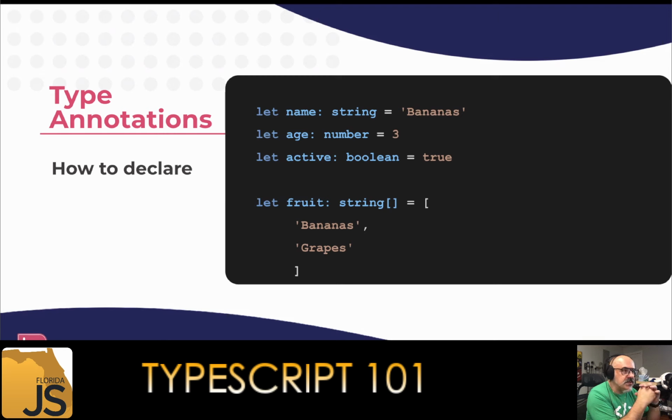Absolutely. And it worked this way, but it's only working this way because we've hard coded it, right? If we had not hard coded, if we were getting it from an API, from a database, or inside of a function, then it cannot do that inference. So absolutely, there's no problem with that. And in fact, a lot of times TypeScript will not even hint at anything as long as you have that let in front of it.